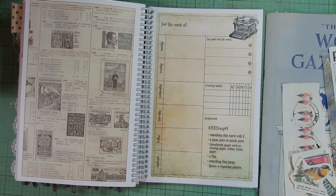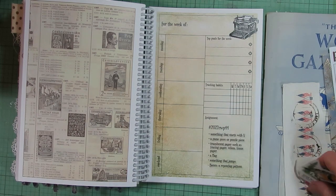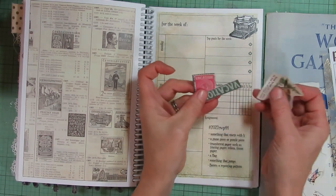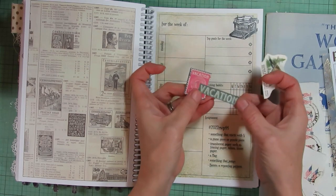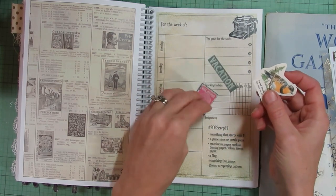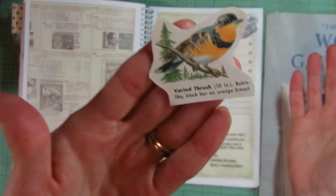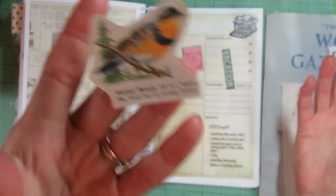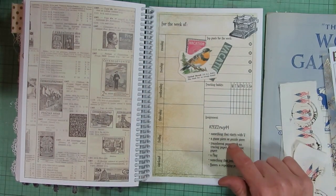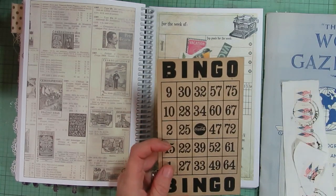So again, this is week number 44, and the first item on the list for prompts is something that starts with V. The first things I found that started with V in my stash: I came across the word vacation. I had some ephemera that dealt with vacation stuff, so I pulled those two out. But then I also found this varied thrush bird, a type of bird that starts with a V, so that would work. The next one was a game piece or puzzle piece, and I have bingo cards, which